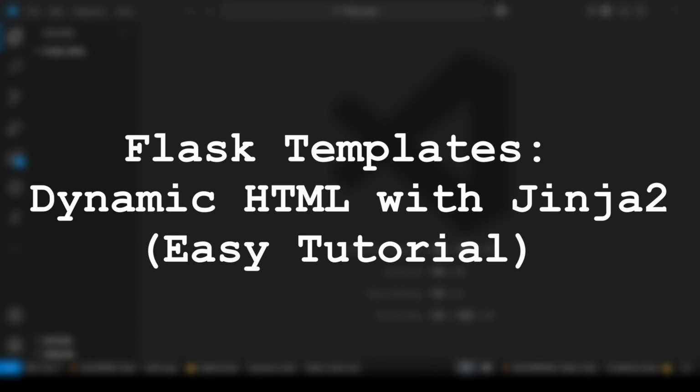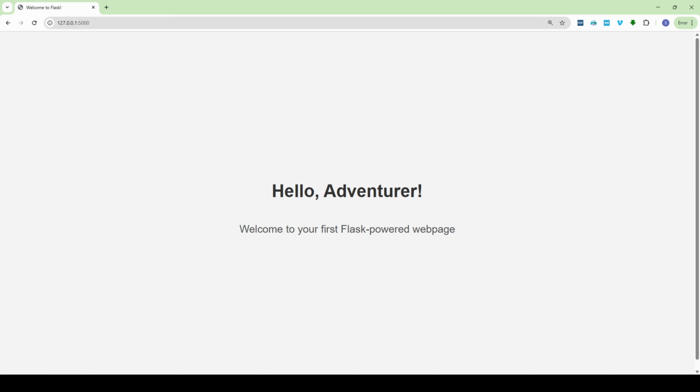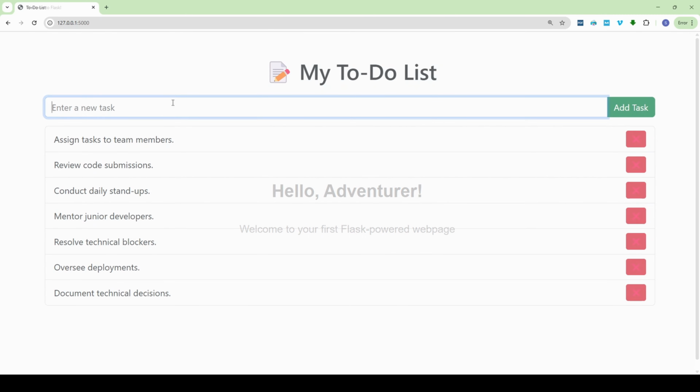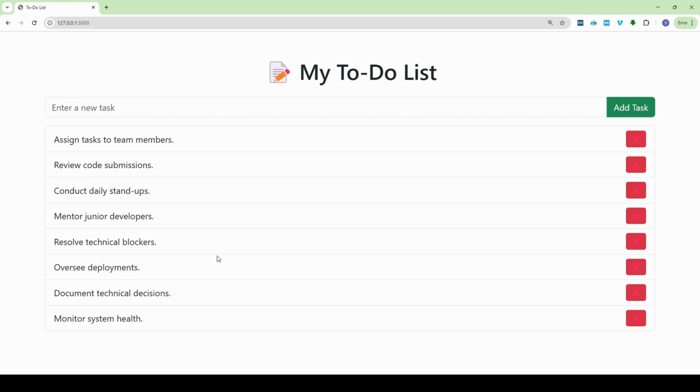Ever built a Flask web app and wish you could inject some real dynamism into your HTML? Stop writing static pages. In this tutorial, we'll dive deep into Flask templates using Jinja2, the templating engine that makes your HTML come alive. We'll build a mini project together, step by step, so you'll be creating dynamic web pages